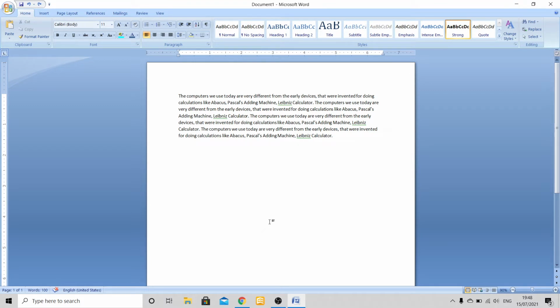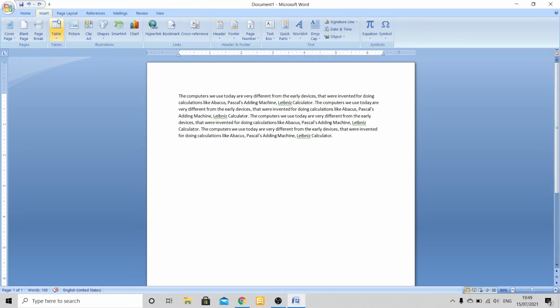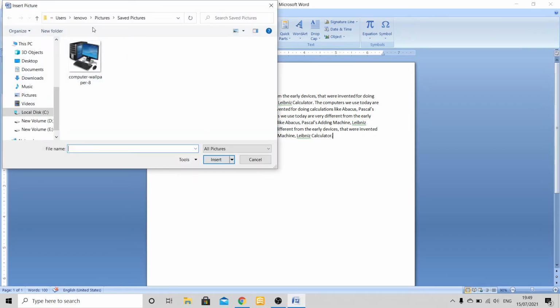Now let us see how we insert a picture. Suppose I want to insert a picture. For that, what will I do? I'll go to the Insert tab. In that I have the option called Picture. See here, I'll click on that and it will ask you to get the picture. Now open the file or folder where you have stored your picture.